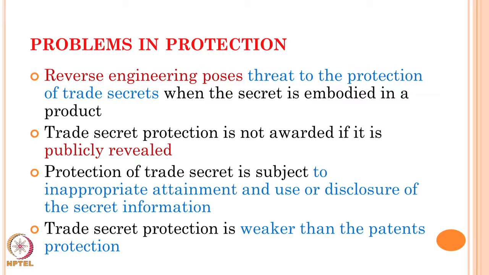If the person who really has the trade secrets publicly reveals that information, then trade secret protection is not awarded; it has no value and no protection at all. The moment it is out, the public or other firms know what type of formula or steps were maintained by the firm.